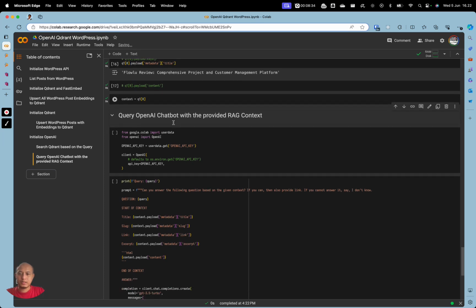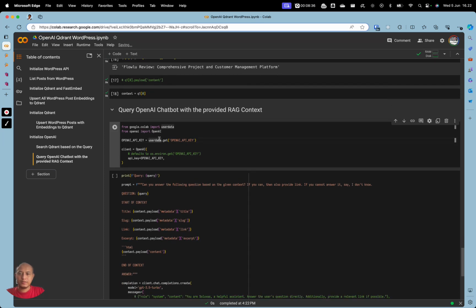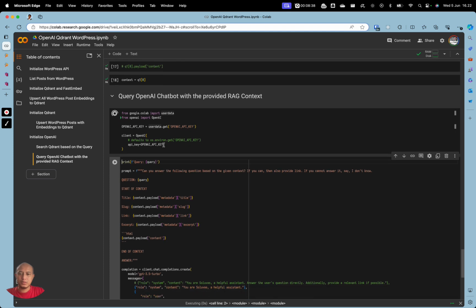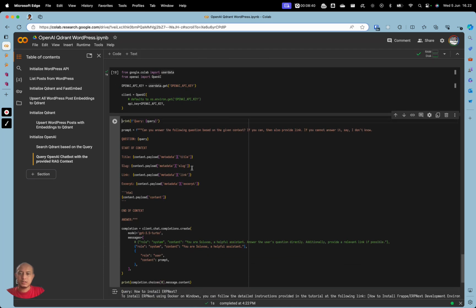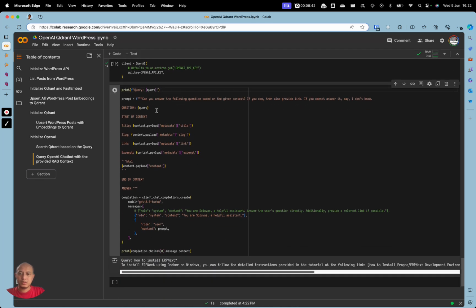Now we have a context. After we have a context, we will need to use that context inside of the prompt. So the prompt is, can you answer the following question based on the given context? If you can, then also provide the link. If you cannot answer it, say I don't know.